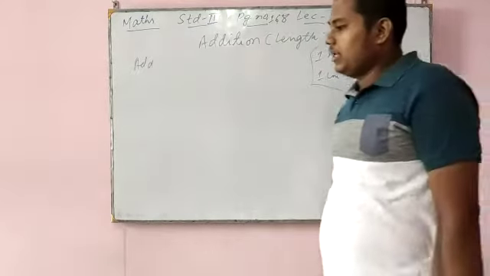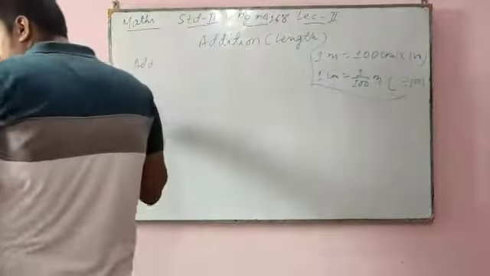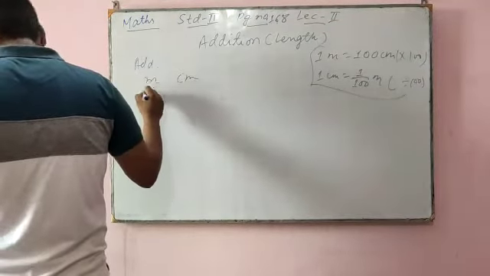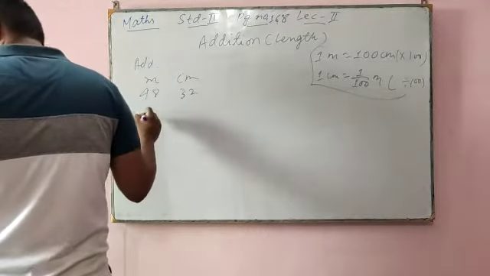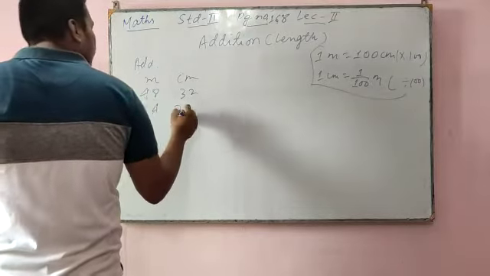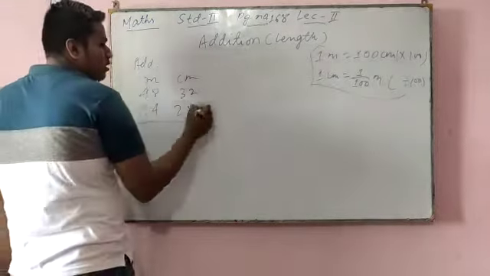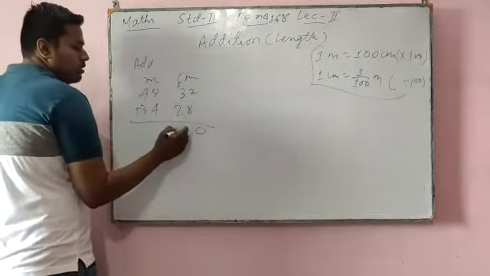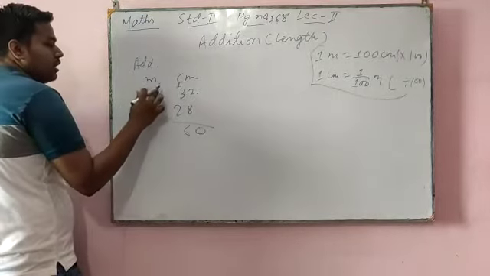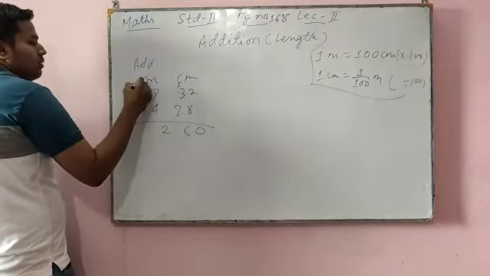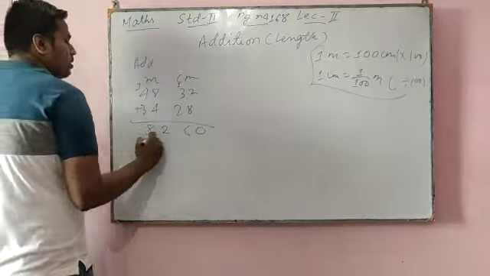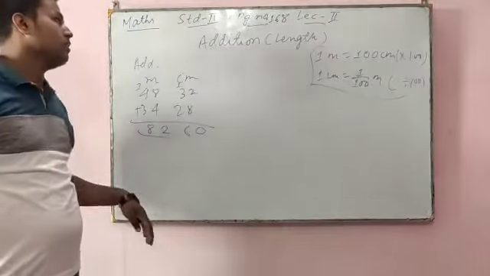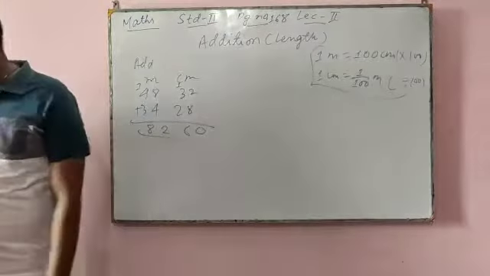On page number 168, there is simply an addition example, like 48, 32, 34 and 28. This is carrying: 2 plus 8, 10, carry 1. 3 plus 1, 4, 4 plus 2, 6. Now come to this one. 8 plus 4 is 12. 4 plus 1, 5, 3, 8. So it is 2 meters and 60 centimeters, your answer. So on page 168, you just add and write the answer.